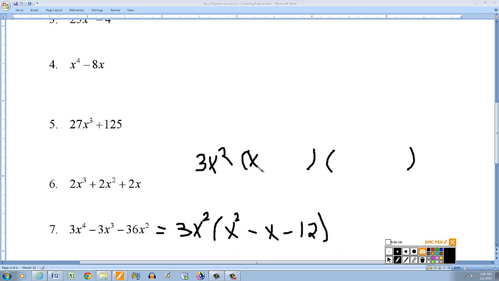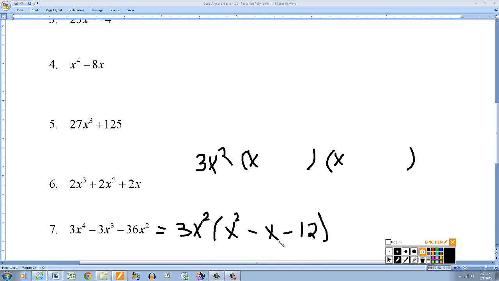And the factors, or the second term of these binomials here, had to be factors of 12. So that means I can use 12 and 1. I can use 6 and 2. I can use 4 and 3. But remember, when I multiply it out, it has to give me this expression here. Okay, so